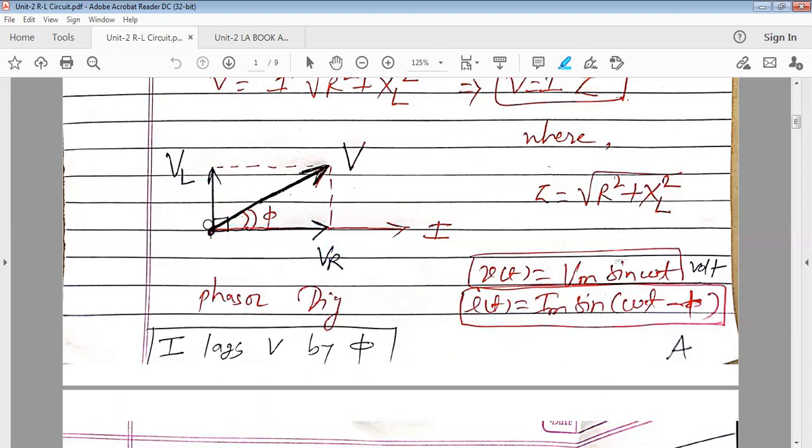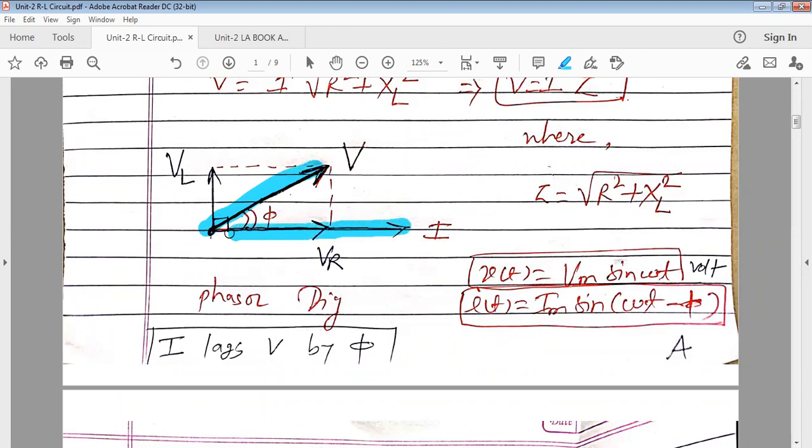So use the law of parallelogram. Draw a parallel phasor to VR. Draw a parallel phasor to VL and of equal length. Whatever the intersection point of these two parallel lines, if you join it with the origin, you will get the total voltage V. So along this phasor, it's the total voltage V. Any difficulty in the phasor diagram up to this?